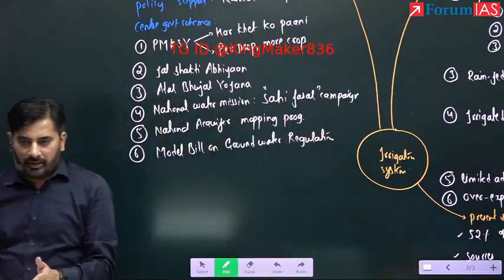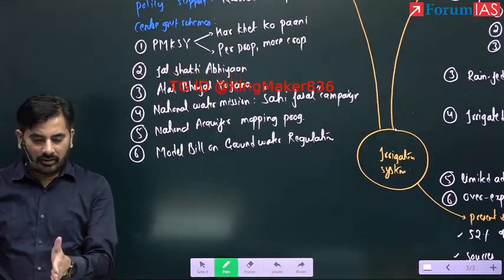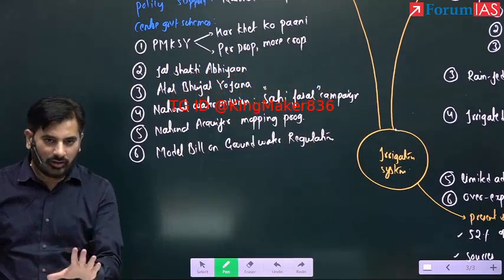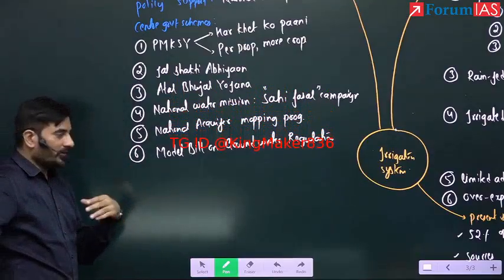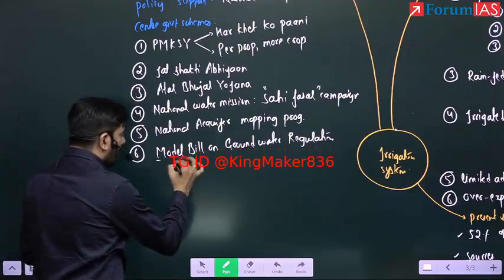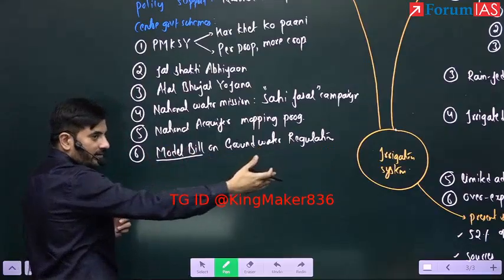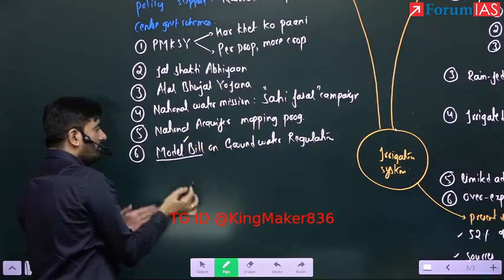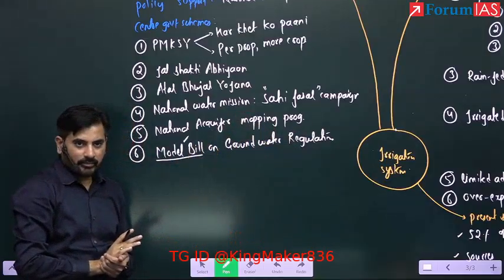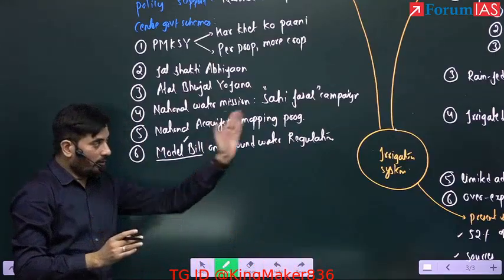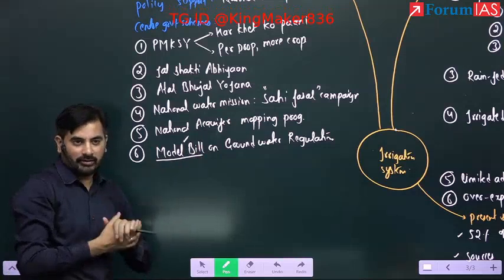If you look at water, right? Water is a state subject. Because water is a state subject, the central government cannot make a law on the state subject, that is water. So what the central government has done, central government has prepared a model bill and it has circulated the model bill among all the states so that the states can adopt this model bill for groundwater regulation. Now you tell me, based upon what we have covered with respect to groundwater, what should be there in this model bill? क्या होना चाहिए?